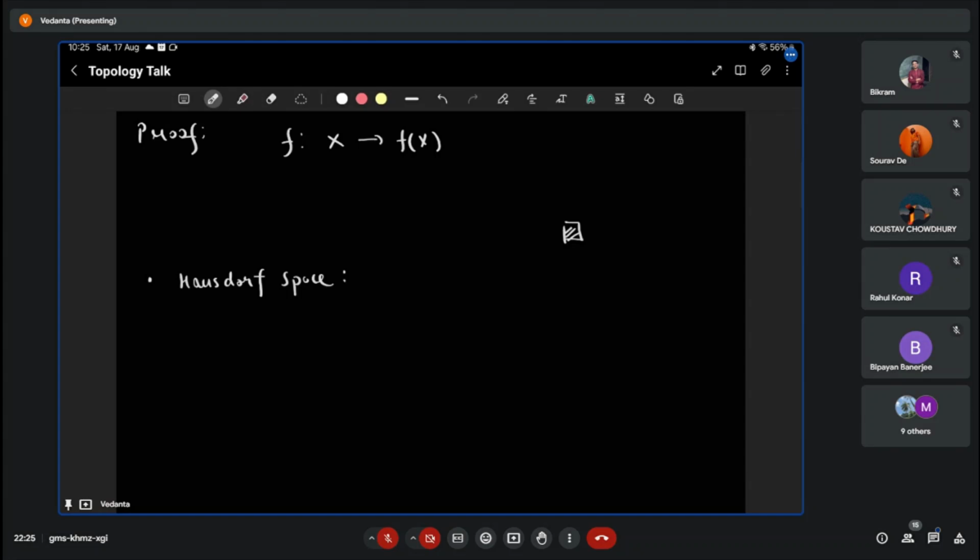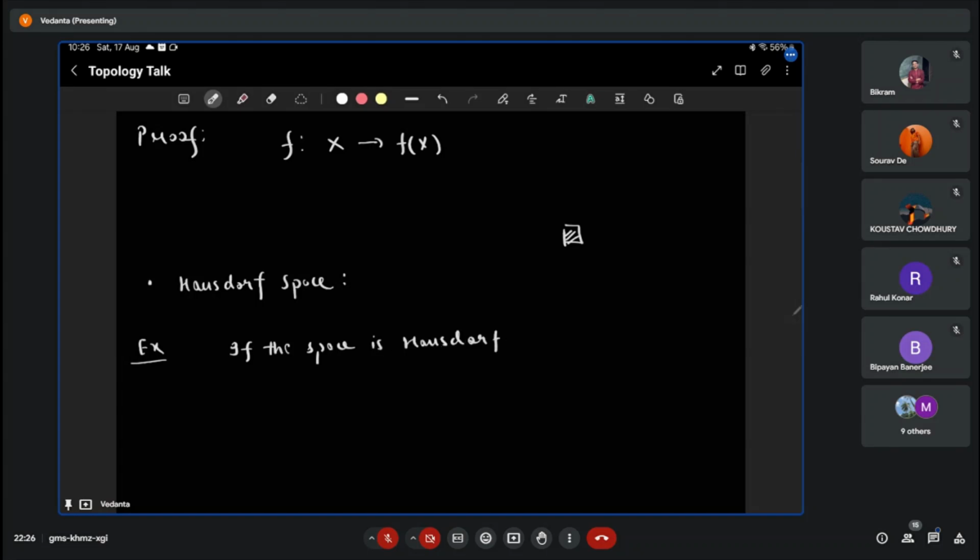Fine, like if I make it like in a picture, you take any 2 points and then you can separate them by open sets. And now this is an exercise. Think about this thing. If the space is Hausdorff, and